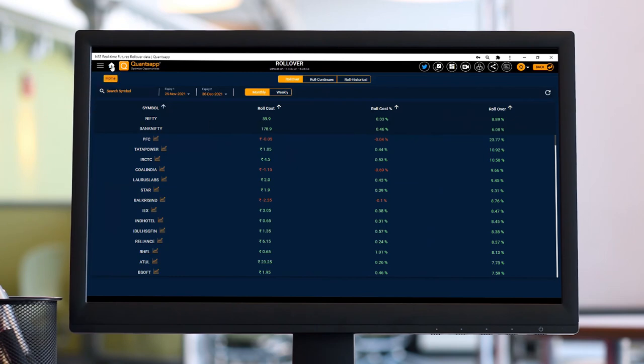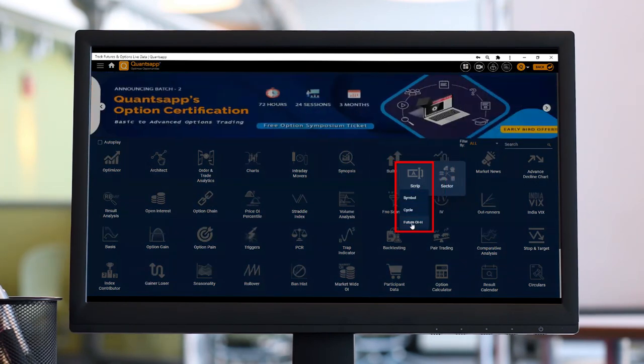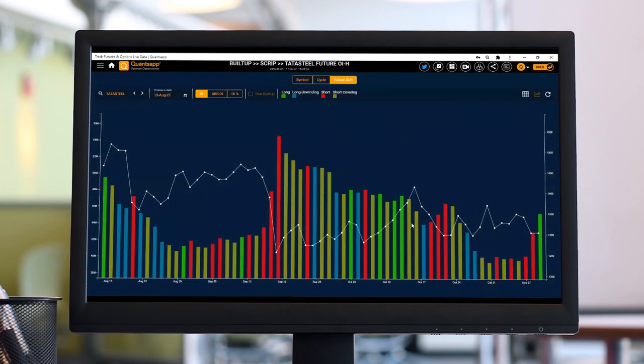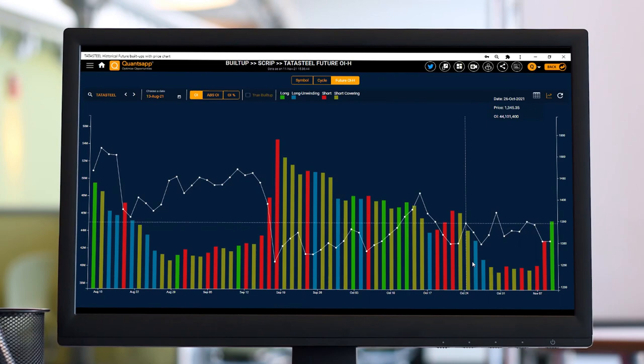Further, we can utilize the built up futures open interest historical data to identify what the long term trend of a stock was in a month, and how the build up was observed over a period of time in a particular stock. So if it was a bullish sentiment and a stock witnesses a very huge rollover, that tells us the bullish sentiment has also continued in the next expiry. The market is putting its confidence even in the next expiry.